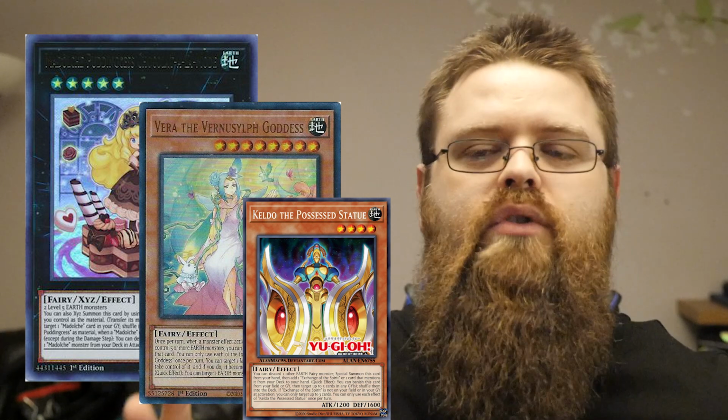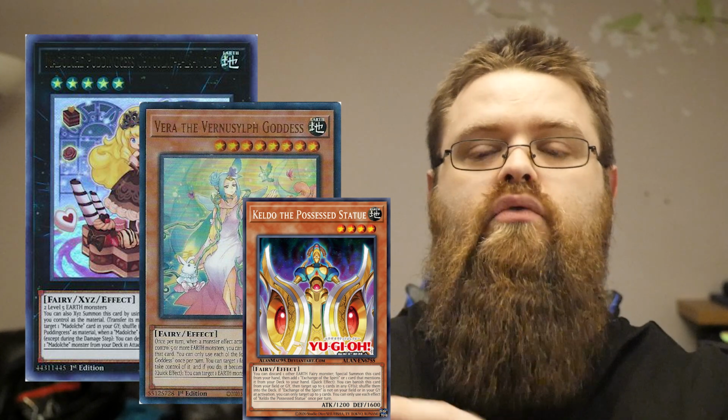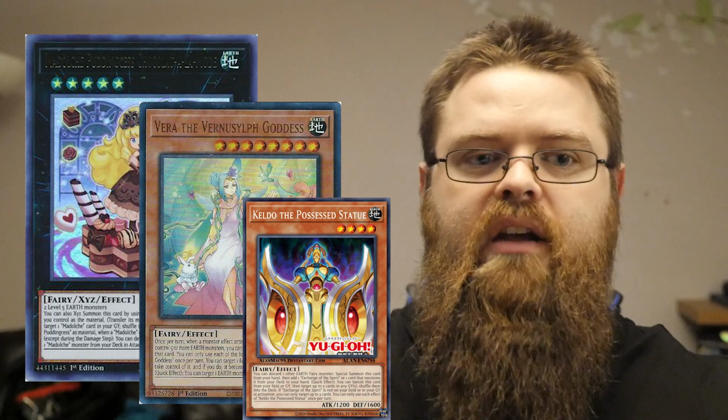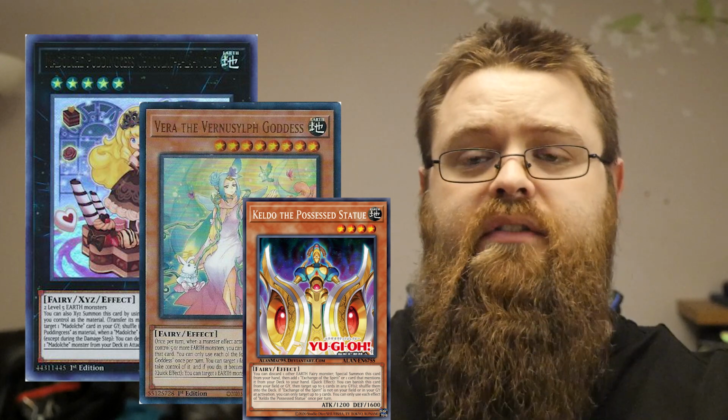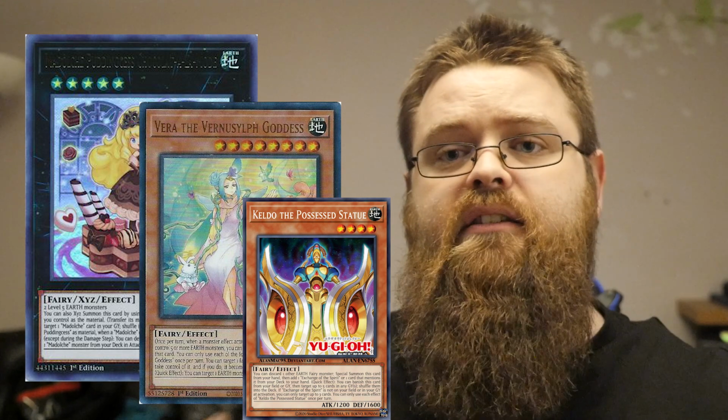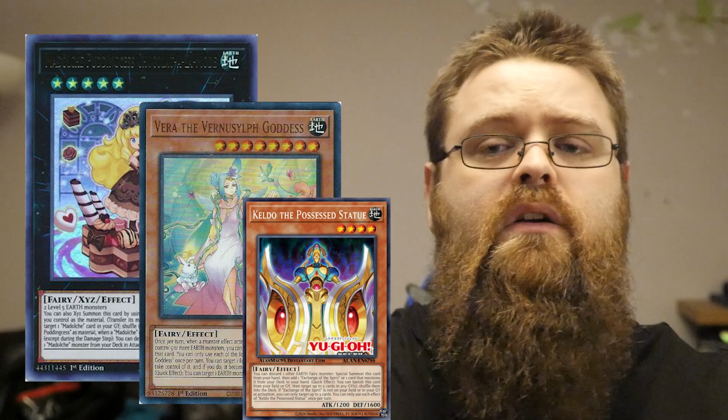Now, as we know, Donald is our local Madolche player, and he does incredibly well with the deck. He built the deck to go pure OTK, go second, but I feel with the introduction of Vernisylphs, they've been able to go first a lot more consistently and set up more negates and protective boards. And then off the back of that, they also now have the ability to add the Ishizus in,